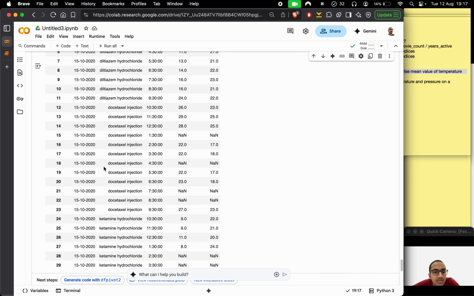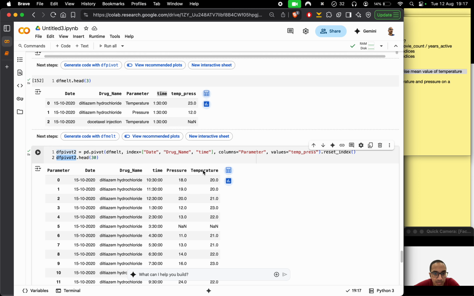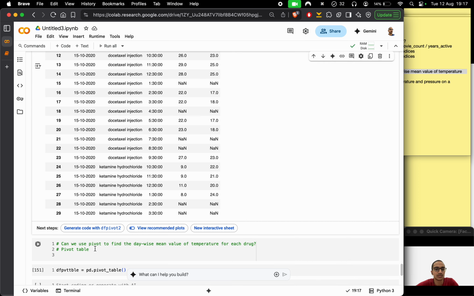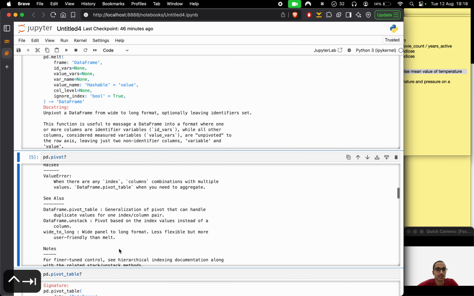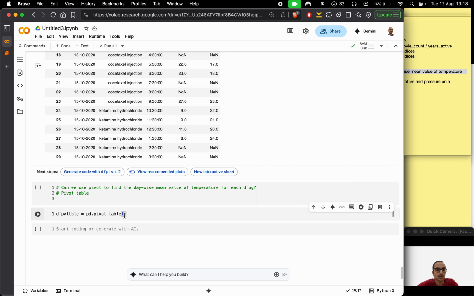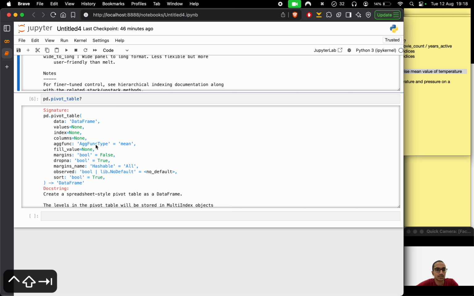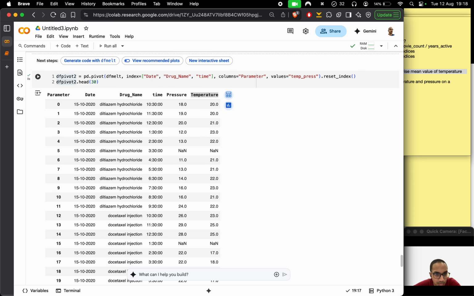So what we want is, can we use pivot to find the day-wise mean value of temperature for each drug. So this is our temperature, day-wise mean, so on the date. So we will do something like pivot table. So we pass the data frame. And then again index, in this case, let's see, I guess we will keep